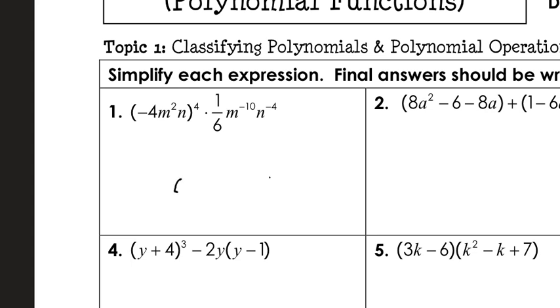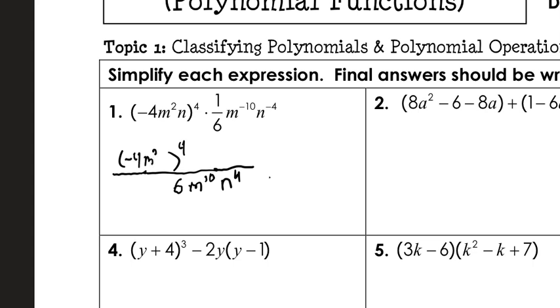I see that now. I have a parenthesis with a bunch of stuff in it on top. I'm just going to write that parenthesis for now, to the 4th power. And I have an m to the negative 10th, but I'm just going to instantly put that as an m to the positive 10th on the bottom of my fraction, and an n to the positive 4th power on the bottom of my fraction. And therefore, on top, all I have left is this negative 4 thing in parentheses,